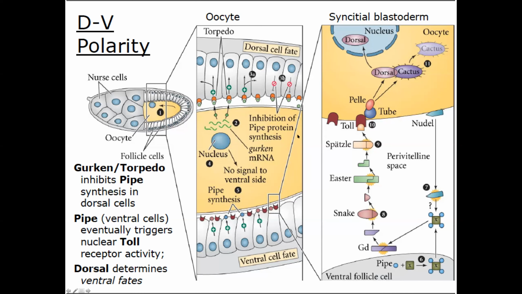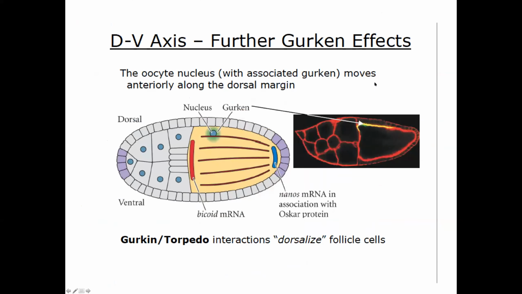So what I'm trying to say here is that this is the oocyte. The follicular cells are not part of the egg. They're just the support cells, and they're going to give rise to the vitelline membrane. And the specification of the dorsal cells, unlike the anterior and the posterior, which happens as the cargo within the egg is being asymmetrically distributed,